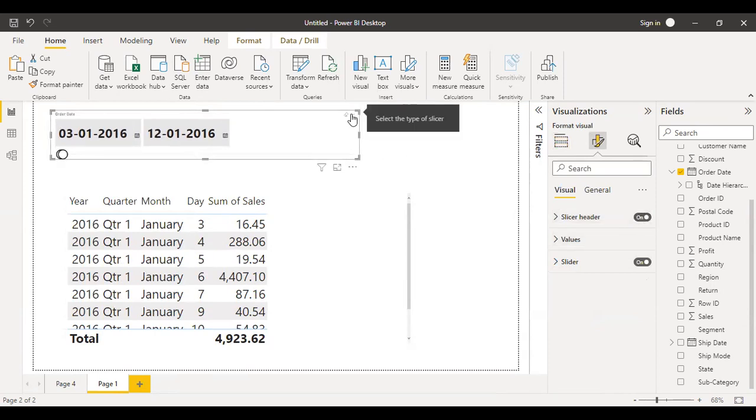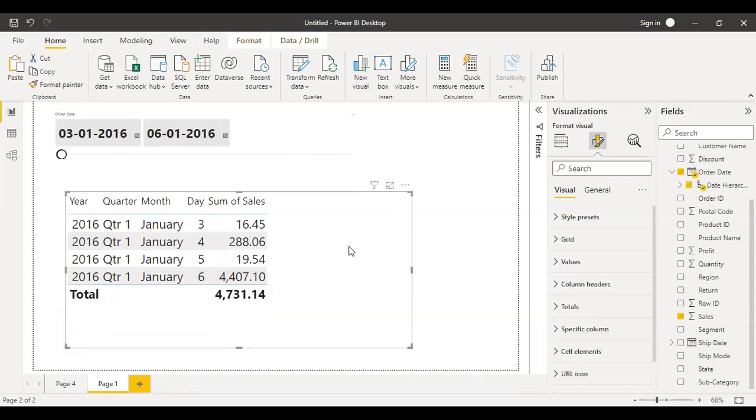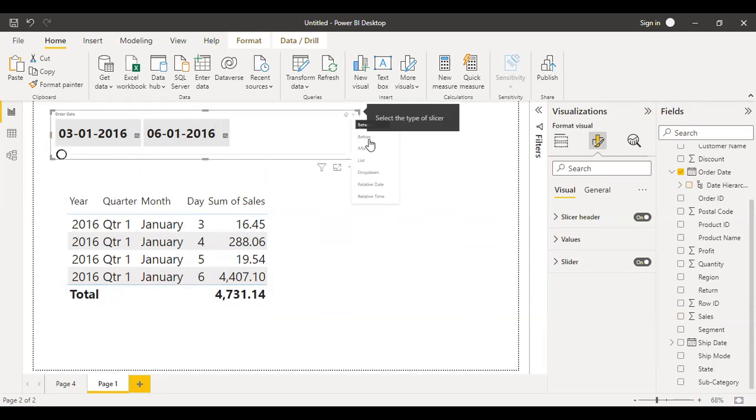Okay. On the top, guys, are you getting some drop down? What is the option coming? Between means a specific day. Between means I specified over here till 6th of 01 of 2016. This is called the between concept, meaning specific four days of data. If you want to change the conditions before and after that date also,